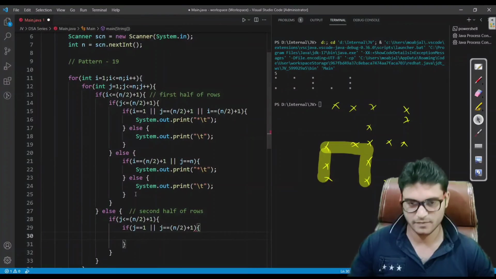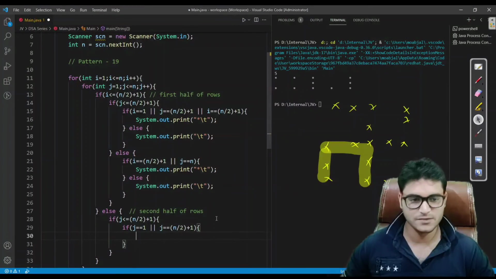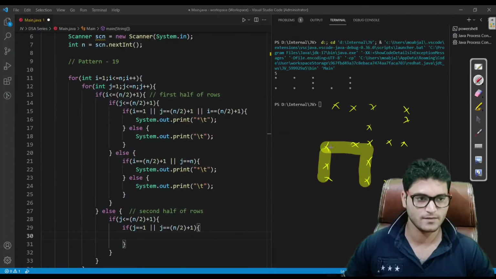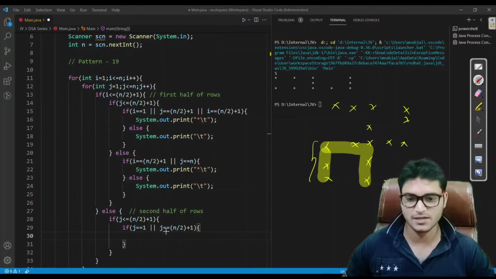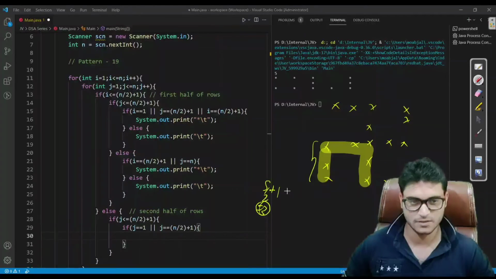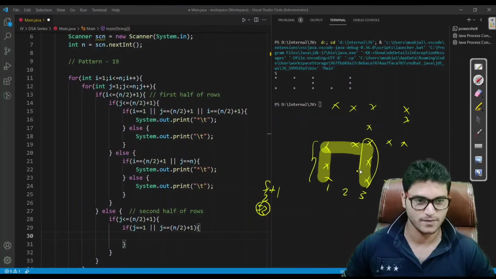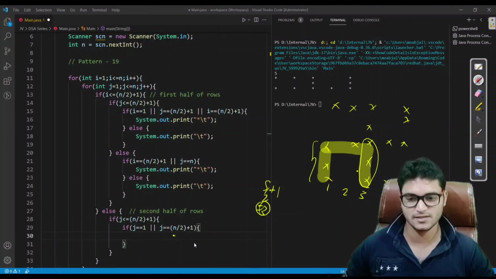Let me explain. If j is 1, this is the column. If j is equal to n by 2 plus 1, with n as 5, it should be 3. So 1, 2, 3. If j is 3, then also we have to print stars. So that is this condition.